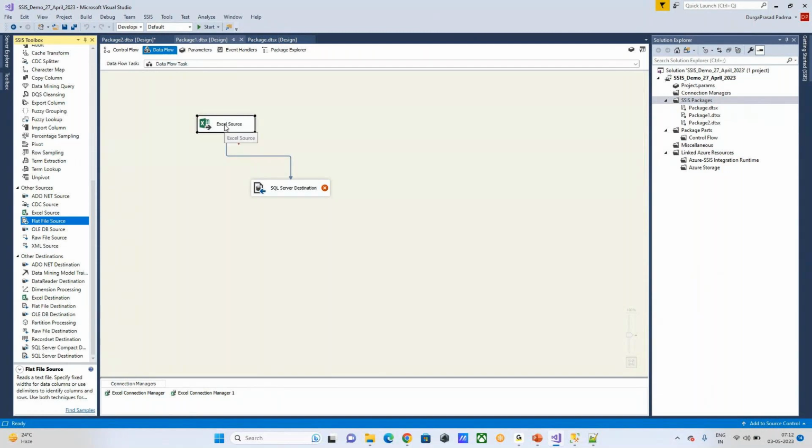What is happening here is, if you have any duplicate data, or if you want to store this particular data into a destination, let's say an Excel destination, or a raw file destination or some